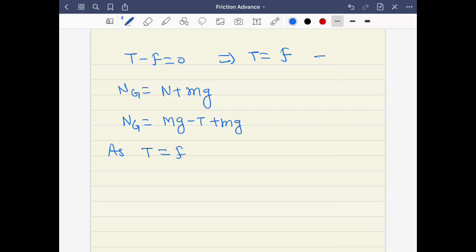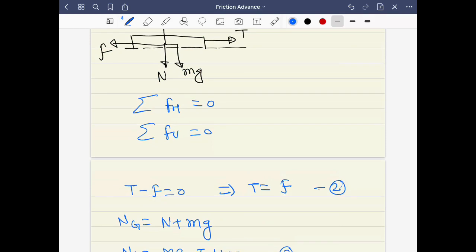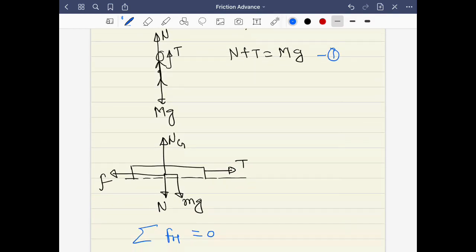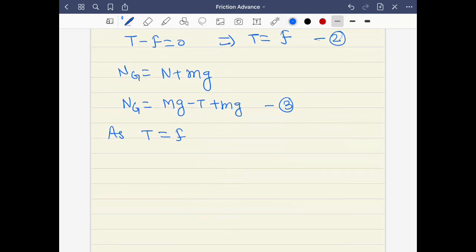This is equation 2 we have, this is equation 3 we have, and this is equation 1 we have, right? So this is equation 1, 2, 3, and from this, as T is equal to f, I can write